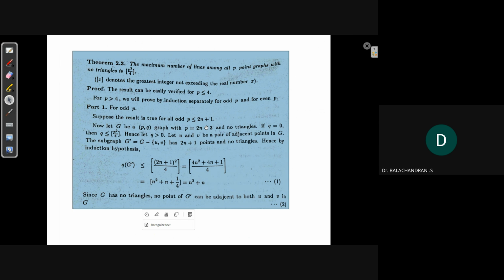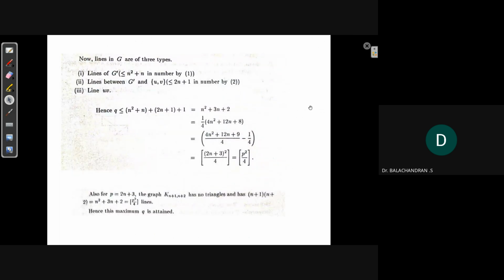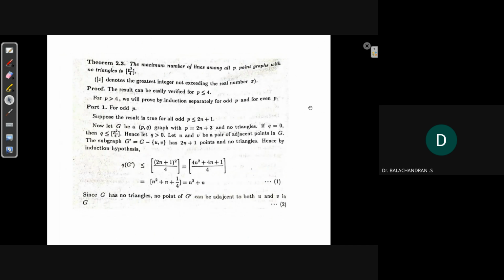So that is given here. Yes, G dash is equal to G minus UV. G dash has 2n plus 1 vertices, because G has 2n plus 3 vertices. So G dash has 2n plus 1 vertices and no triangle. So hence by mathematical induction, Q, the number of edges in G dash, is less than or equal to